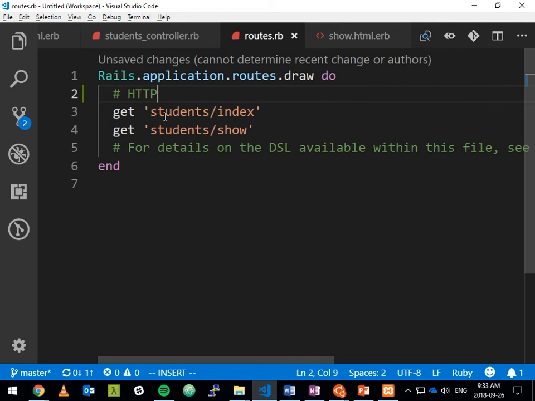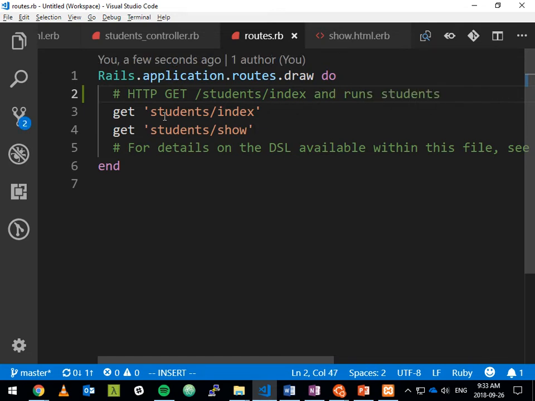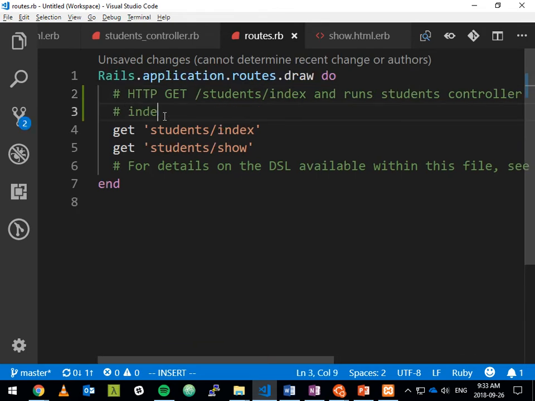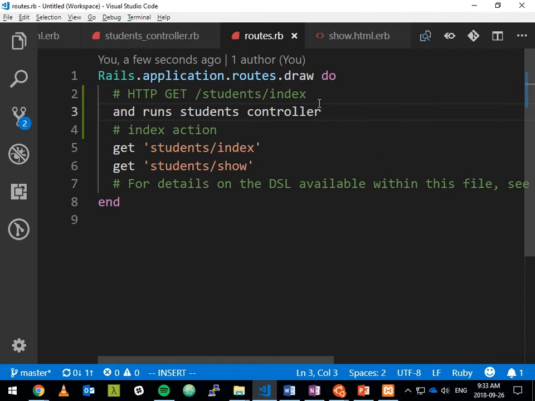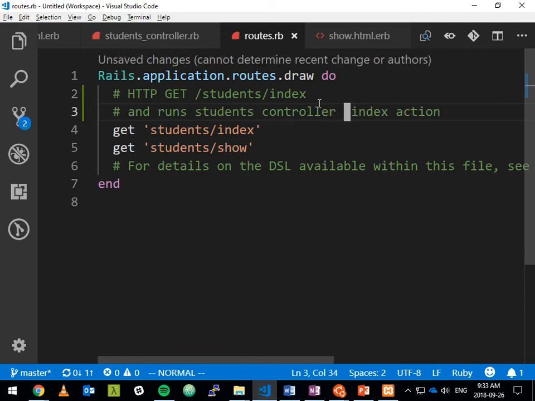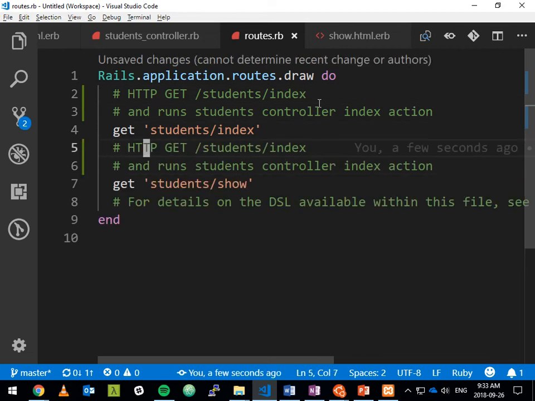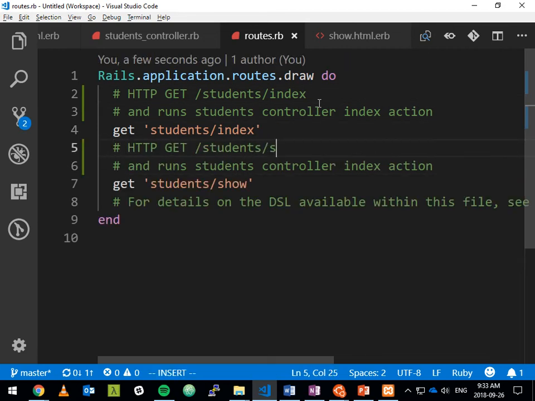This first one takes an HTTP GET request to /student/index and runs the students controller index action. Maybe I'll put this here. And this one here, similarly,